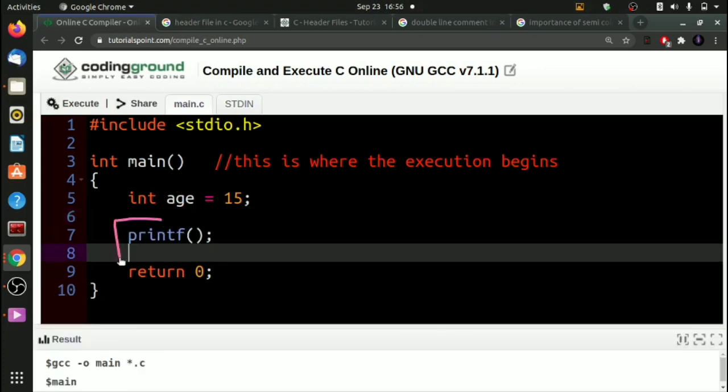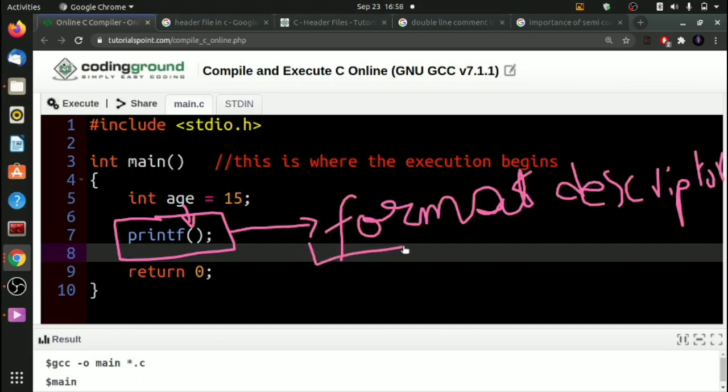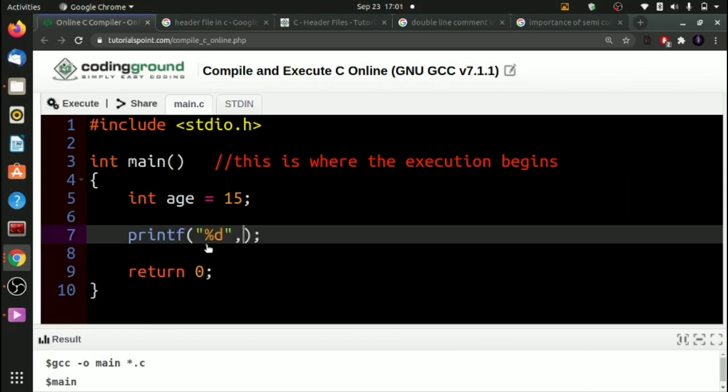Now that we have written the printf function, the next problem we face is how to pass this variable to this function. And the answer to that is something known as the format descriptor. Now what this format descriptor actually does is that it tells the compiler how this particular data is to be represented or interpreted internally. Once we pass the format descriptor %d, in this case since we are dealing with integer,